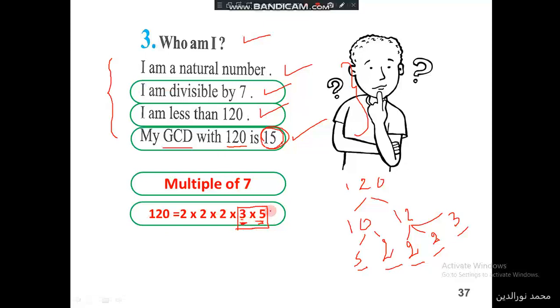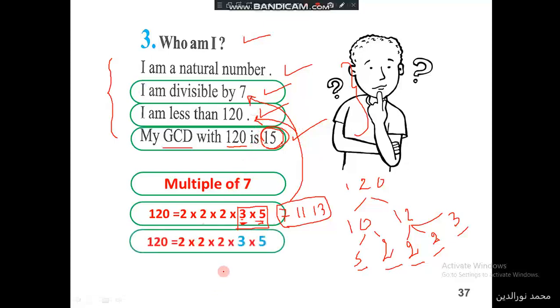This number could have other prime factors besides 3 and 5. It could have 7, it could have 11 maybe, or 13 in its prime factorization. It depends. It depends on what? It depends on it being a multiple of 7 and less than 120. So